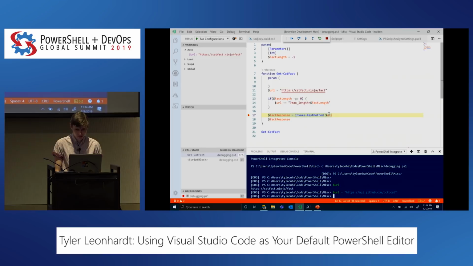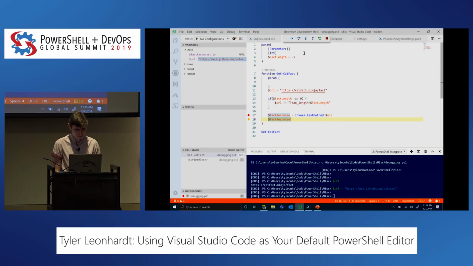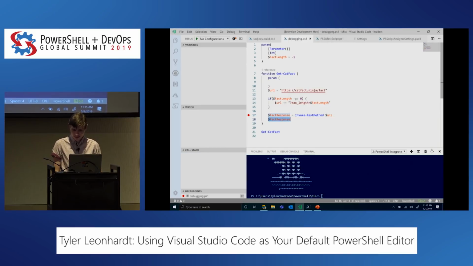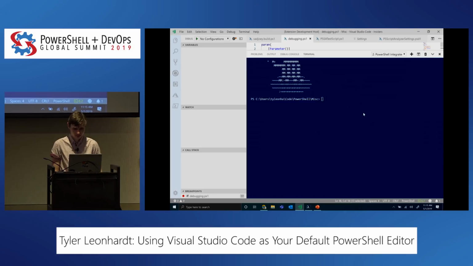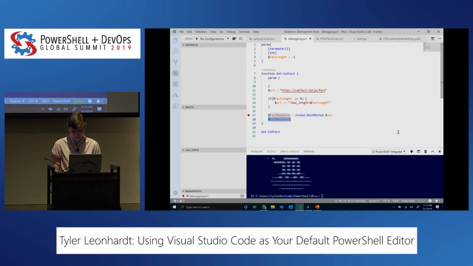And then we'll see that over here, if we step over that, the URL has changed. And our response that we get back is not the response from catfacts, but actually a,